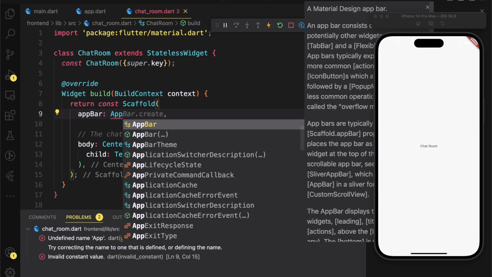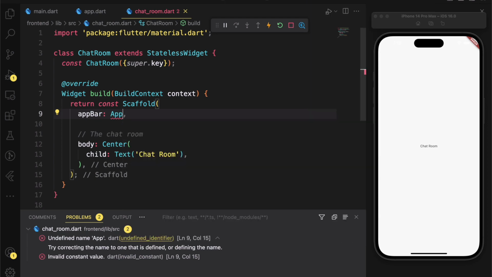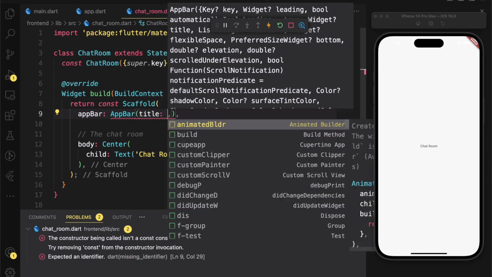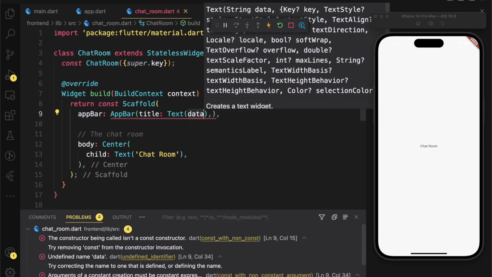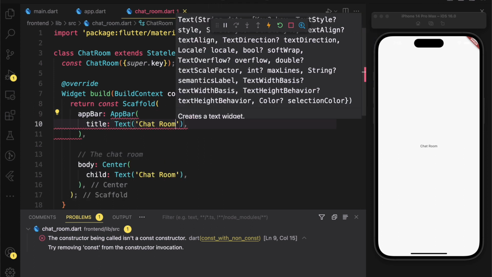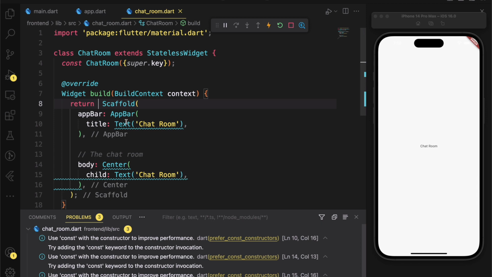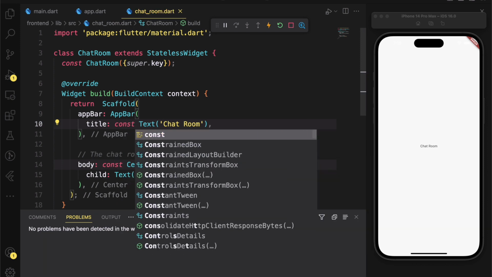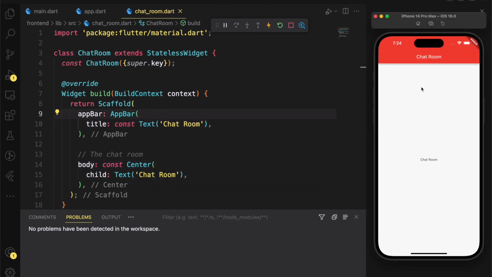And then we create an app bar that is going to have the title, which is going to be a text widget called chat room. Now you can remove the constant, add the constant here instead, and then you should be able to see the text at the title.